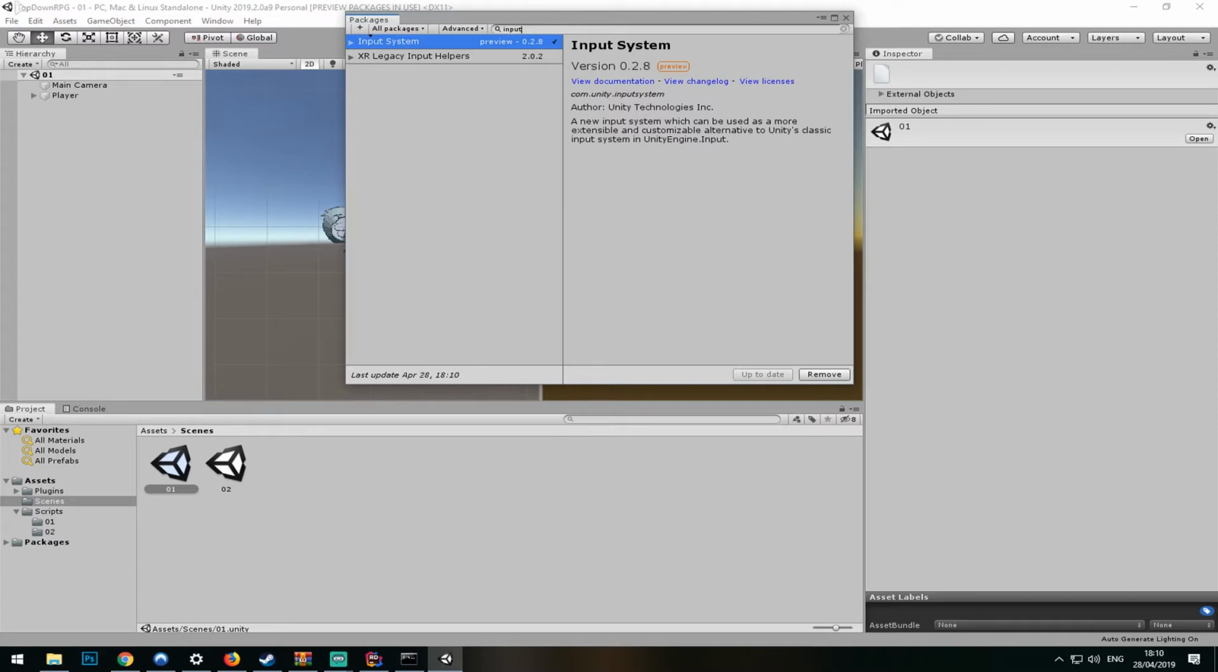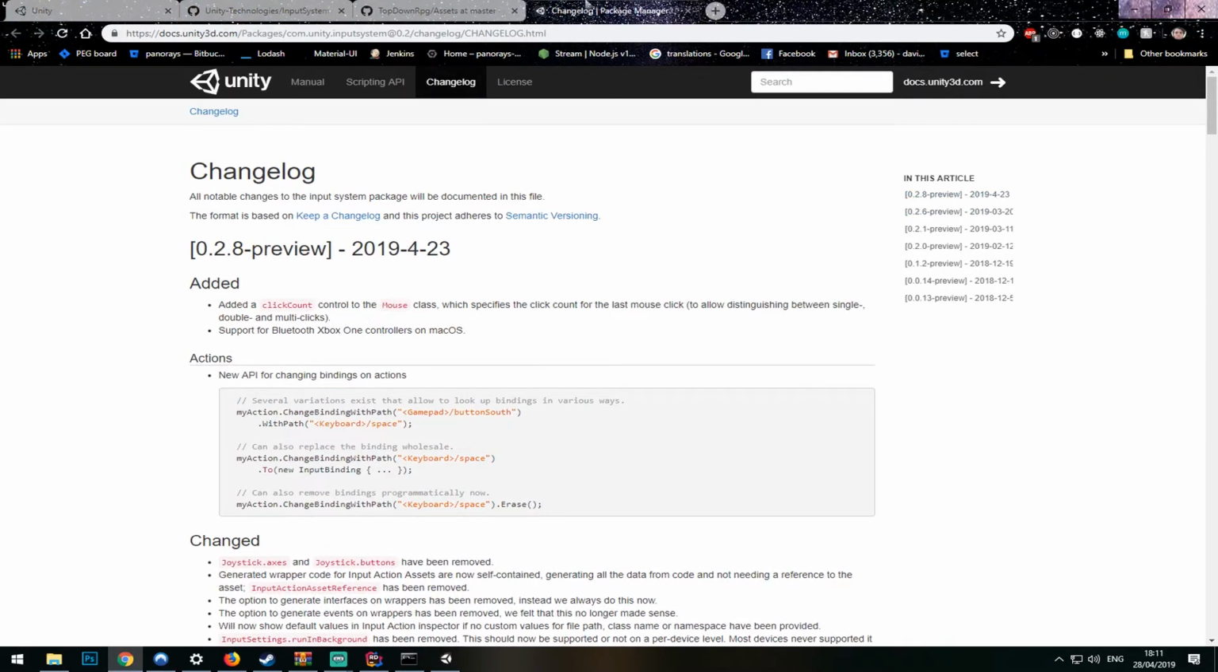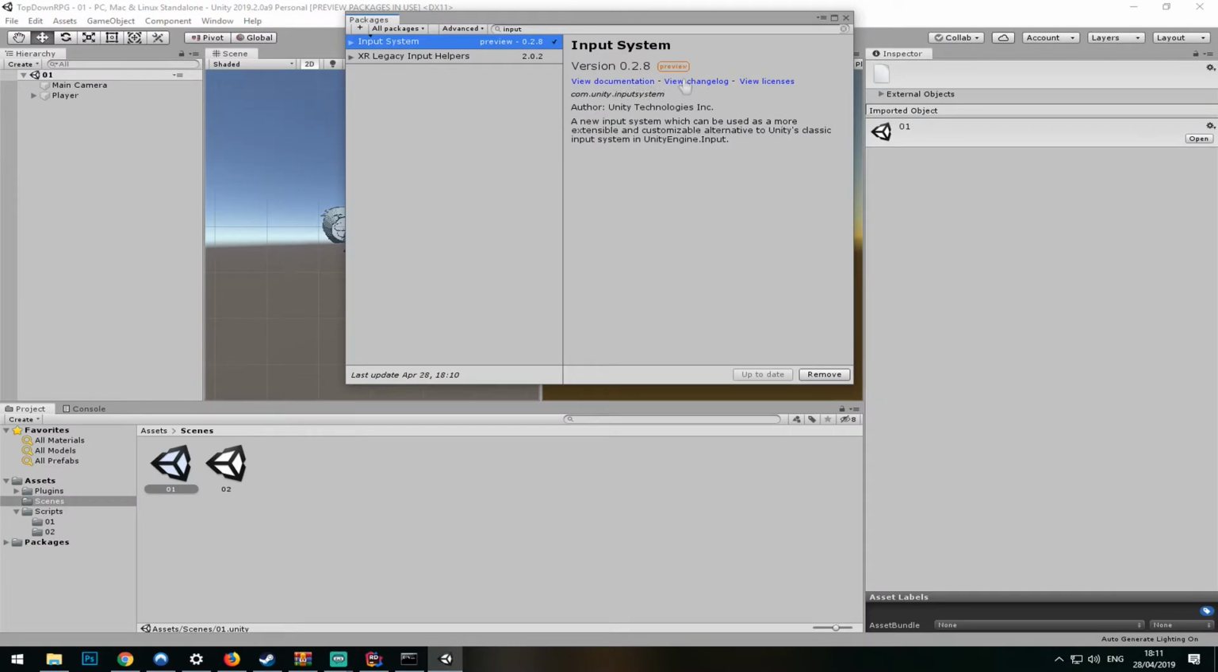Alright, input system, you will need to install it. As you can see, the latest version as of now is 0.2.8. You can click on View Changelog right here to see exactly what changed from each version. All right, so install it. After you've finished installing it,